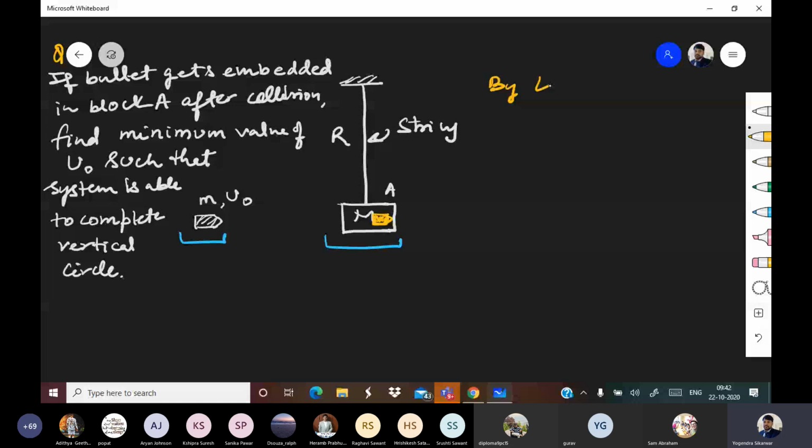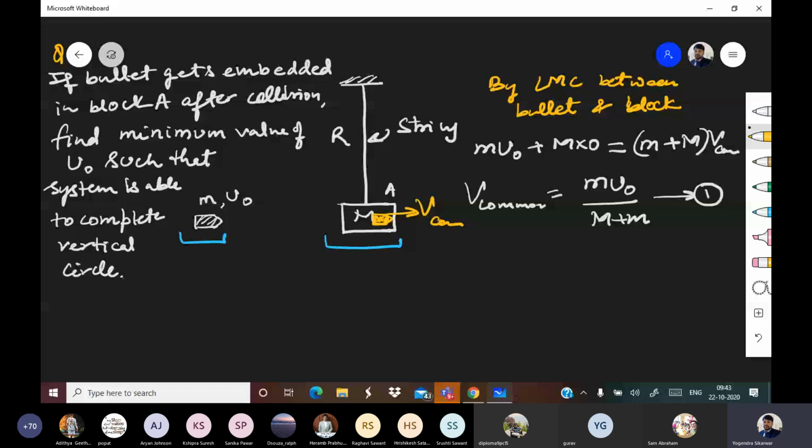Now the whole thing is that the bullet is sitting inside the block and this has now V common. Now if anything is connected to a string and at the lowermost point wants to complete the vertical circle, then the velocity at the lowermost point should be equal to root 5 gR. So for bullet plus block,